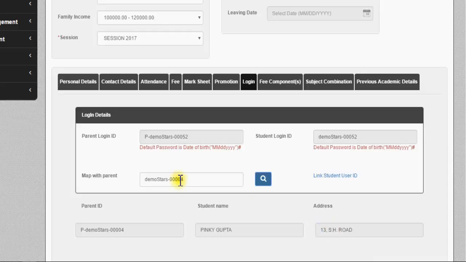That means this is a student ID who is already an existing student of the school, and a new student has taken admission whose ID is demostars hyphen 00052, and this is the parent ID. So if I want to create the same ID for the parent who is also a parent of this student Pinky Gupta,